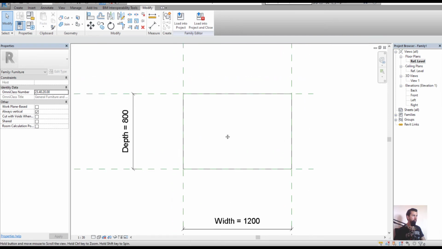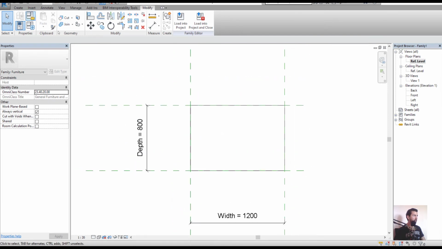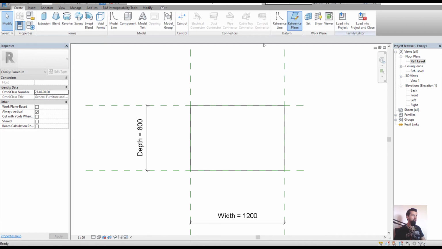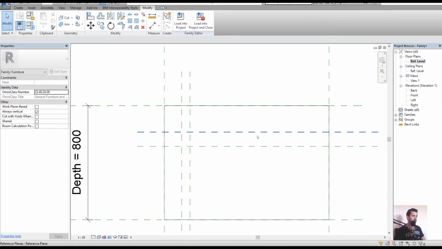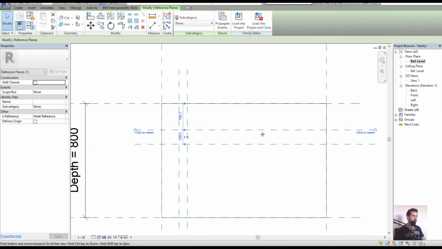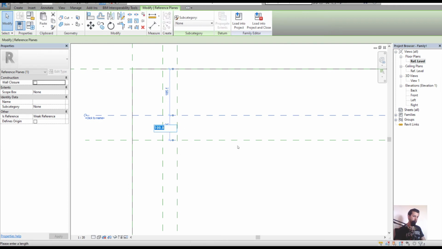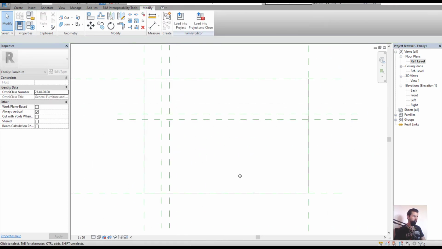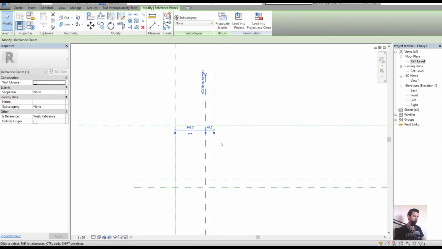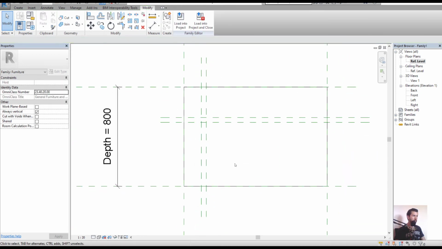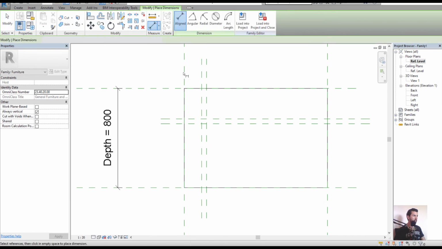Let's create the legs now. The table legs, and set some reference planes for that. Reference plane from there to there, click one of the reference planes. We want it to be 40 mil. So let's move to 40, click on the other reference plane. We want the gap between them to be 40 mil. All right. So there's 40, we can set the dimensions for it